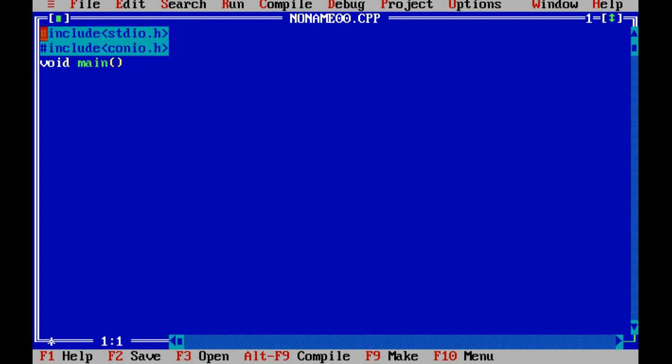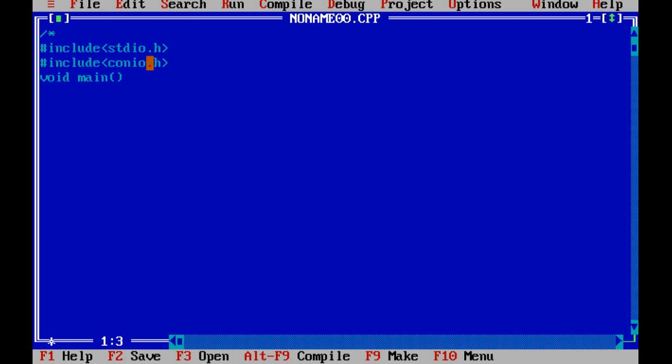Suppose you want to give the name of that program, then just press Enter here and give a comment: slash star, write first program, and complete with star slash.